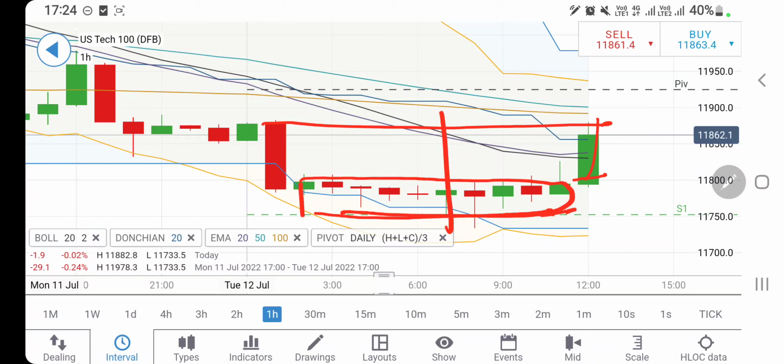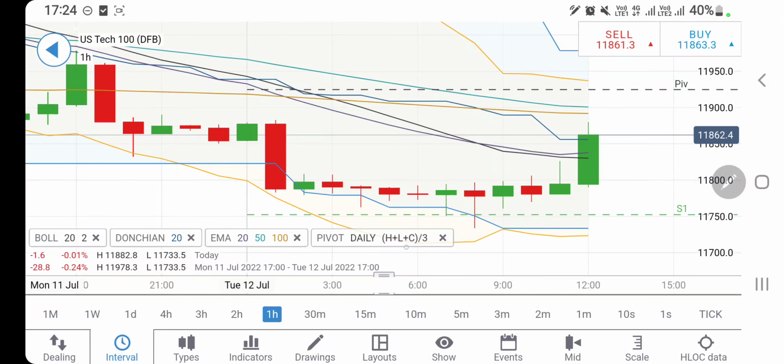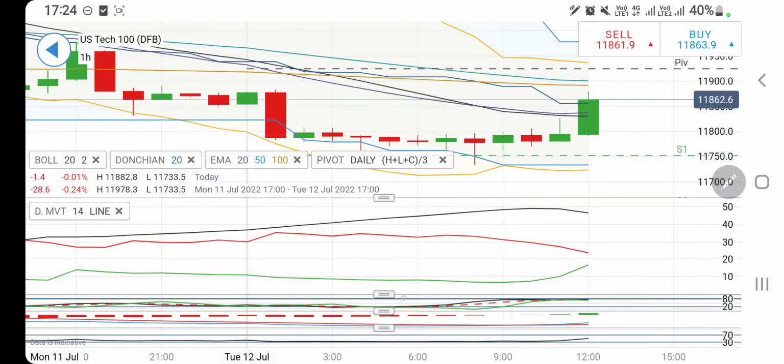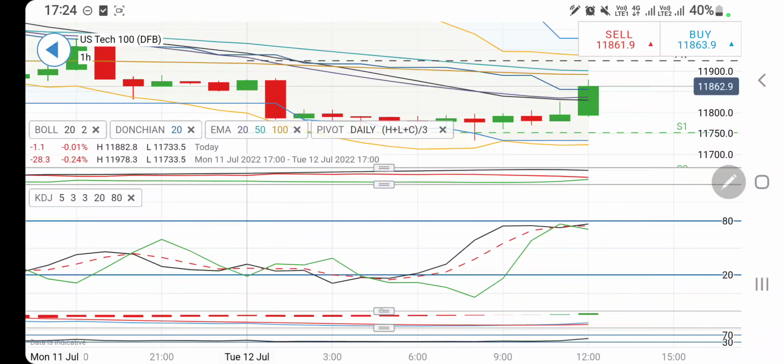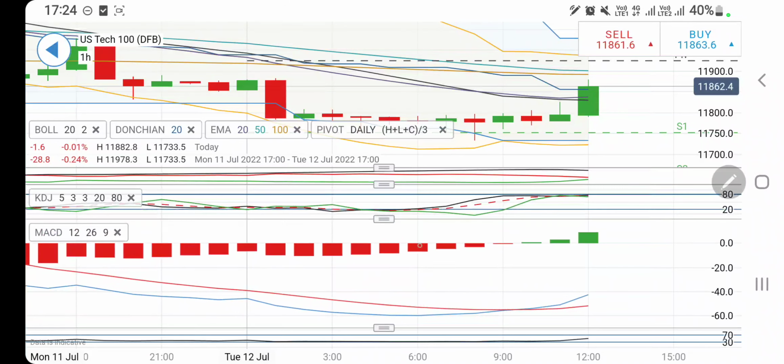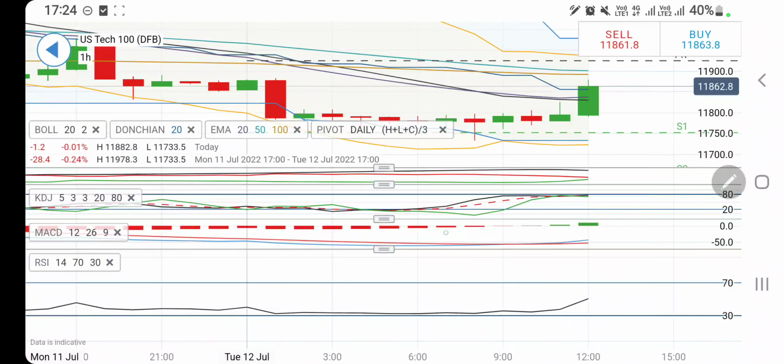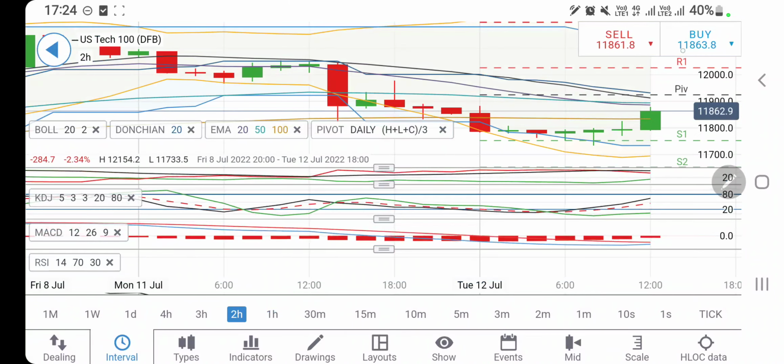I told you in the morning also, once it trades above 11900, definitely one can stay long for 11970, 12020, 12050 and 12100 levels. Beyond that it is going to fly high. If you look at the directional movement, it is trying to converge, crossover for a bullish move, stochastic is near to overbought levels. The MACD has crossed over. This is just the third green candle and it is divergent. It is extremely bullish. We may see further more greener candles from here. RSI is looking upwards on the hourly chart.